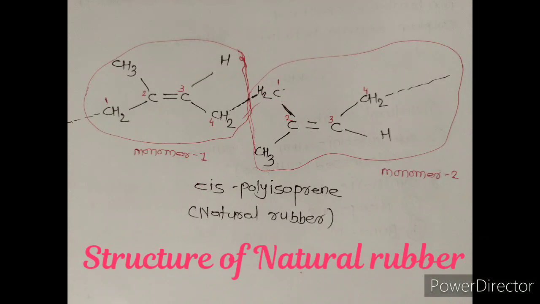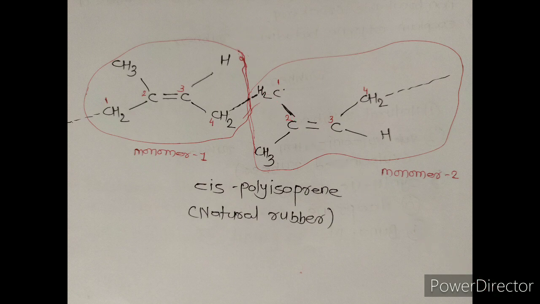The structure of natural rubber is obtained by using 2-methyl 1,3-butadiene monomer. In 2-methyl 1,3-butadiene monomer, initially double bonds are present between carbon 1 and carbon 2, and carbon 3 and carbon 4. When that 2-methyl 1,3-butadiene undergoes polymerization reaction, then it forms natural rubber. While it forms natural rubber, simply remember one thing, that all the double bonds are converting into single bonds while single bonds are converting into double bonds, and all the monomers are joined with a CH2 group.